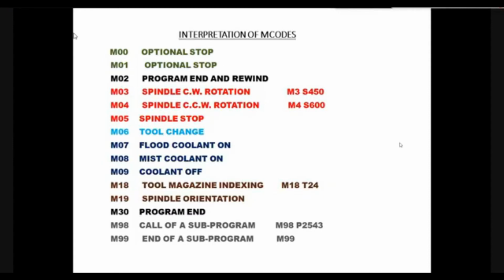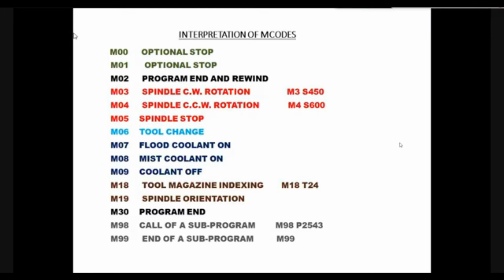Like when we have started drilling a hole of 50 mm. Right in the beginning, you cannot directly drill a hole of 50 mm. So first of all, you will do center drilling operation, and then we will use a drill of 20 mm, and then 30 or 40, and then 48, and then 50.